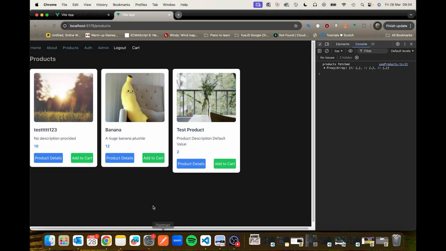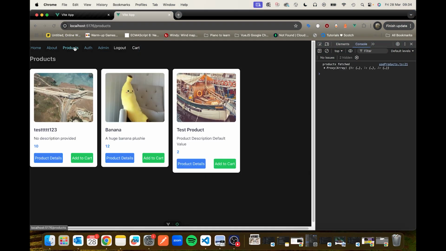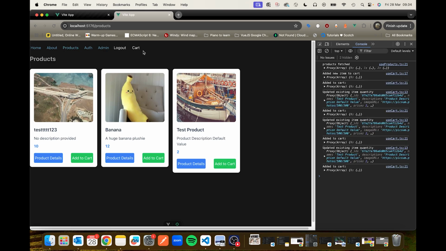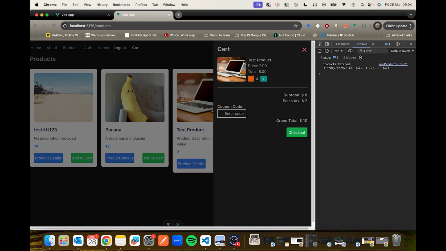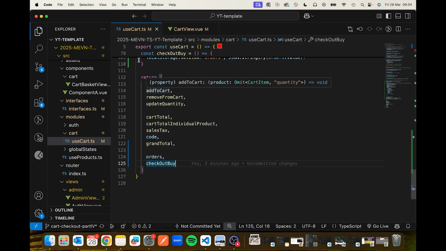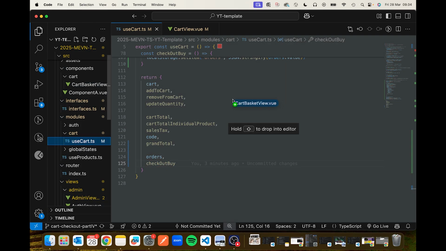Let's do a check for whatever we created right now. So I'm going to go to products, I'll add to cart. I will just add one button, and I will do test product and I'll click checkout. So right now the checkout doesn't do anything, so we have to go to the code and check out basket